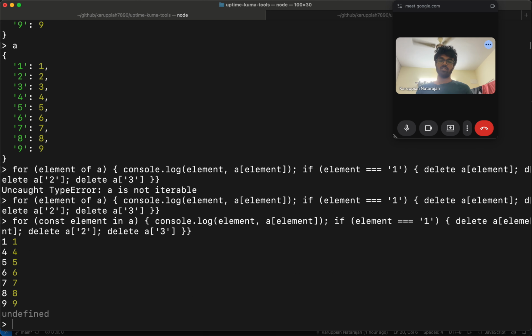So now if I just go through this, it says 1, and since I removed 2 and 3, it goes through 4 only, it doesn't go through 2 or 3. So that is interesting actually. So this is what I was wondering about. If I actually remove while looping through the key and value of an object, for each key in an object, and then while processing one of the keys I remove the other keys in the object,